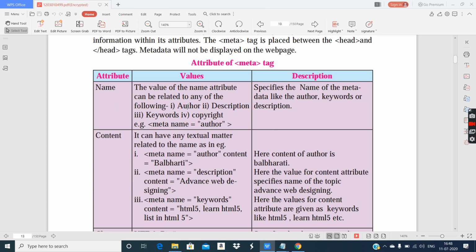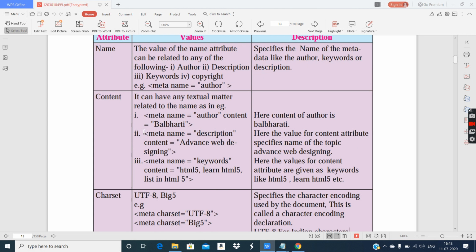Okay, and if you want to provide the name of the author, you have to use content attribute. See in this example, content. Okay, meta, name of the tag, name attribute, and fixed value author they have used, and content. In content they have actually told which author, name of the author it is.